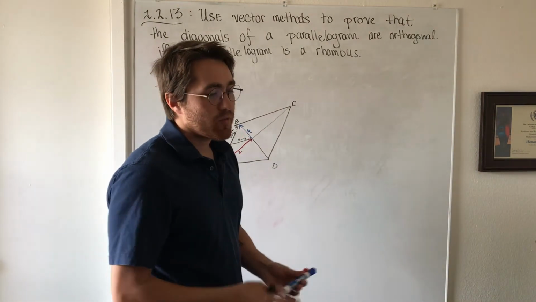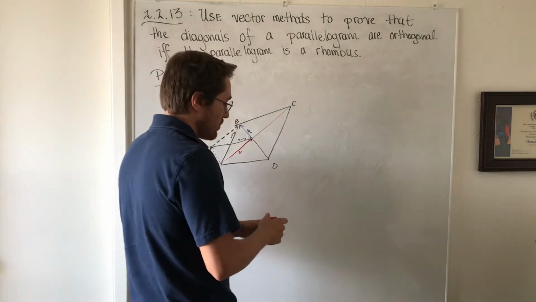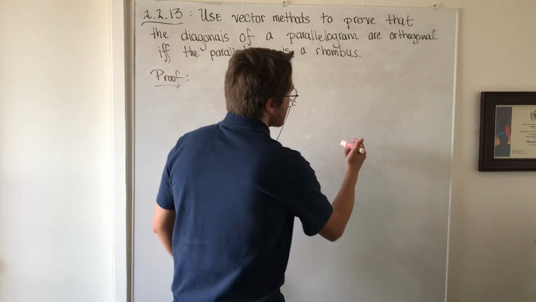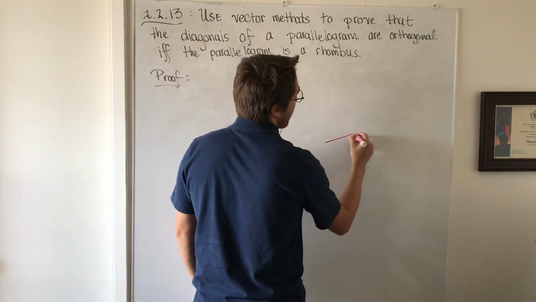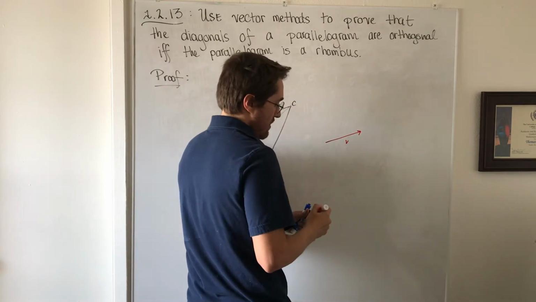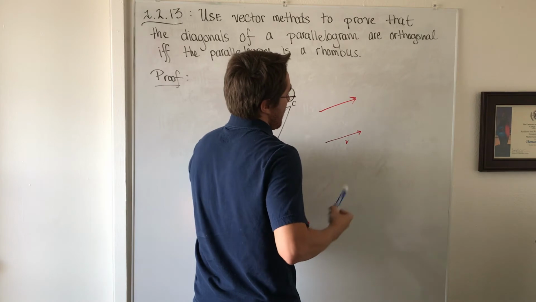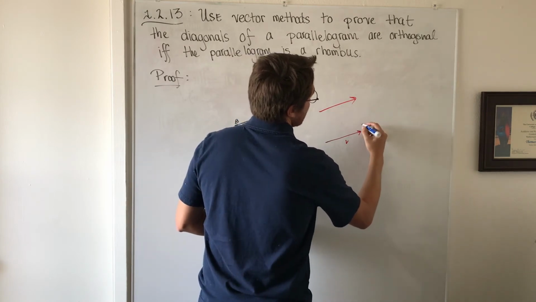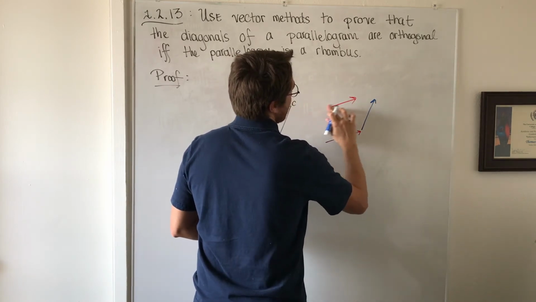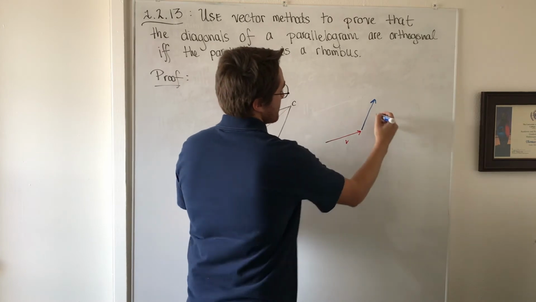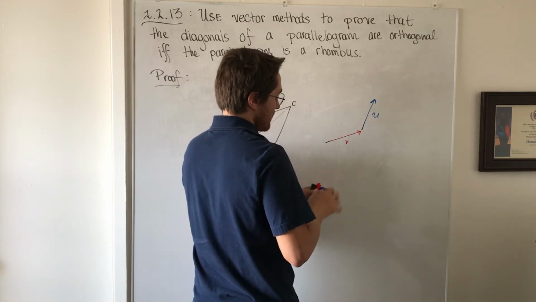If you remember from exercise 1.2.10, what did 1.2.10 tell us? It told us that, okay, if you have a parallelogram, let me do it this way, so I'm going to need to extend this out a little bit. My mistake. This is U. If we have a parallelogram like this, say,